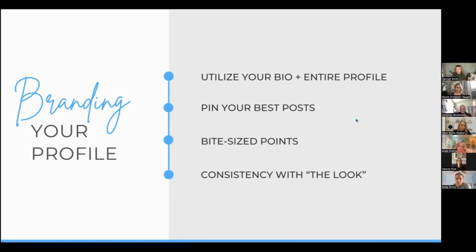And then your profile, honestly, I think so many people stress so hard about making every post all-encompassing about who they are and what they offer and how they can help you, when posts are meant to be very bite-sized points. Just one point about your business or one point about how you serve your clients. Your whole profile will be that full picture for you.